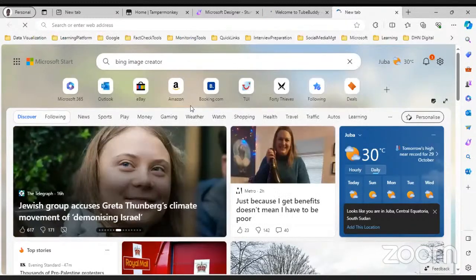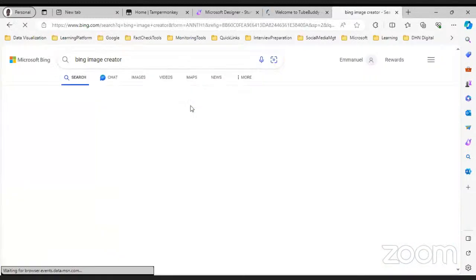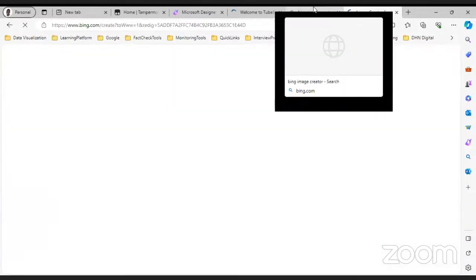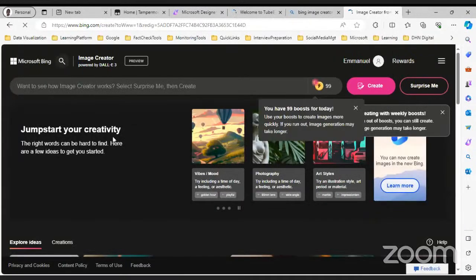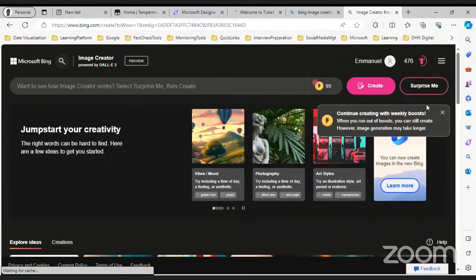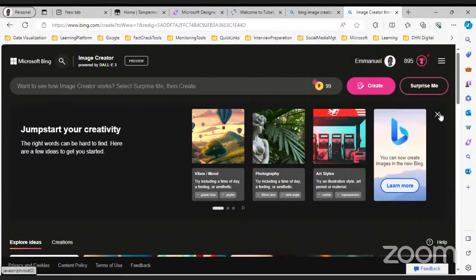So the Bing Image Creator is here. So this one, I like it, it's very funny. So with the Bing Image Creator, here in this box, by the way, it also works on the phone.